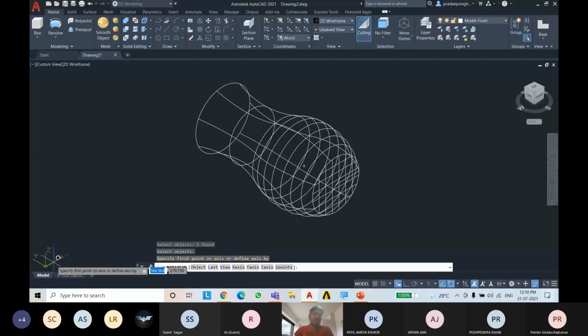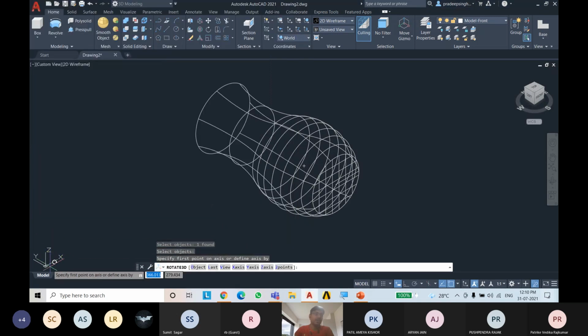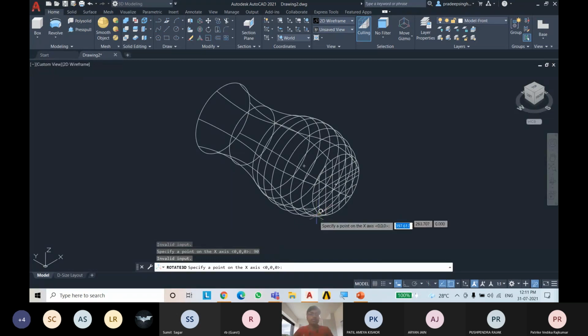We can see that this is along the vertical y-axis. You can see the axes, and we need to rotate this around the x-axis by 90 degrees. So select the x-axis, type 90, and press enter. So just go there and press enter. Again we will do it. Type rotate